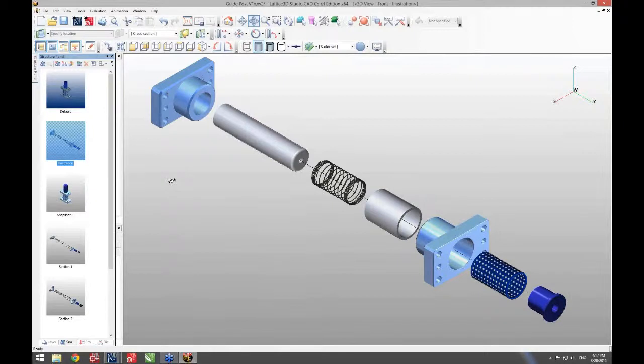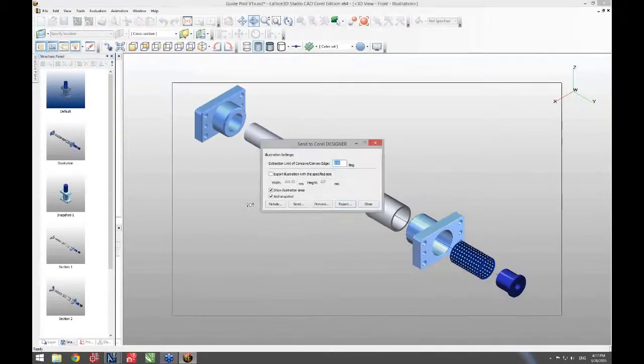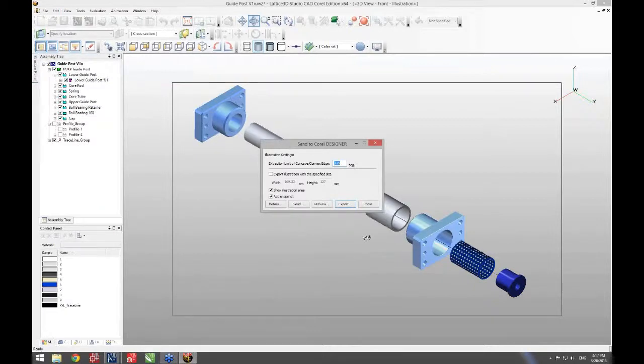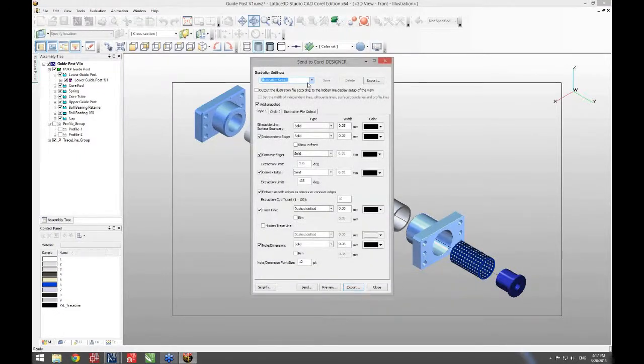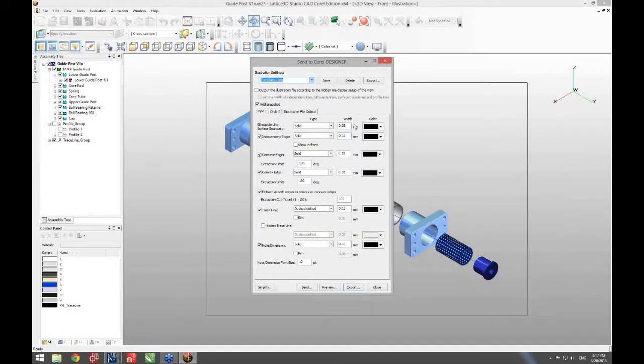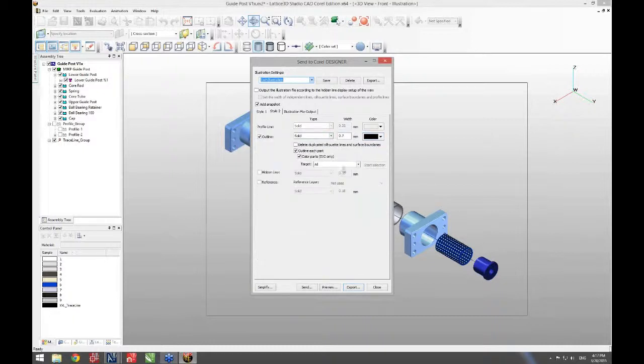So once you have stored the views that you want to use as technical illustration, then you have a tool here that sends your view to Corel Designer. In the advanced level add-on, you have this details view, which provides a lot of tools for specifying the line weights, line color,